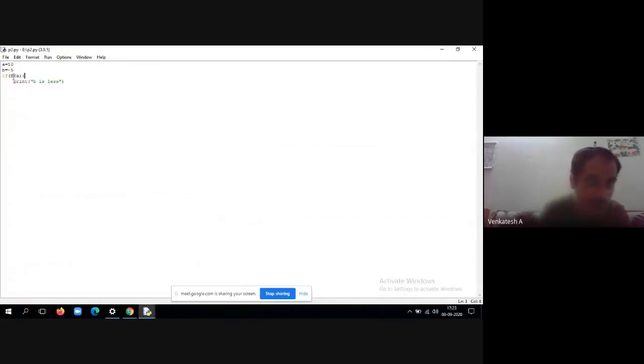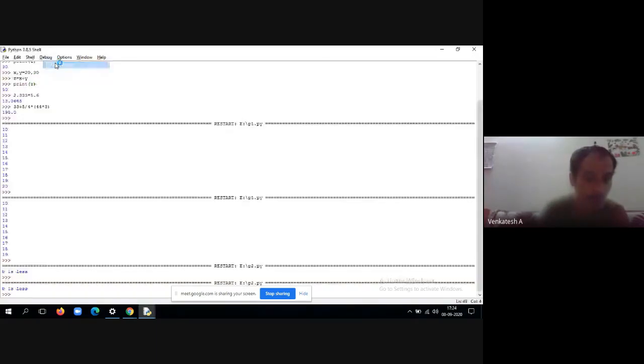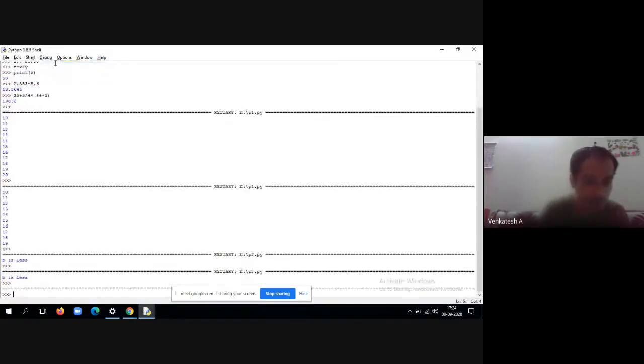Now we'll see what happens if I try to put the condition like this: if a is less than b, what is going to happen? Let us see. So what did it print? It printed nothing.